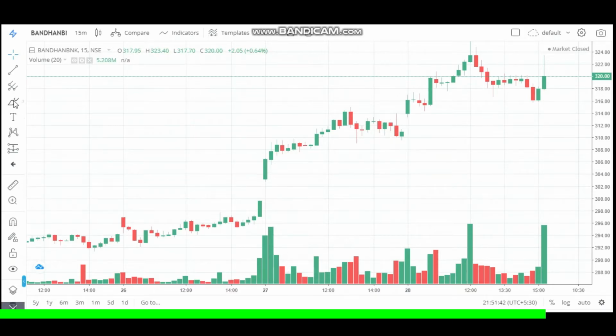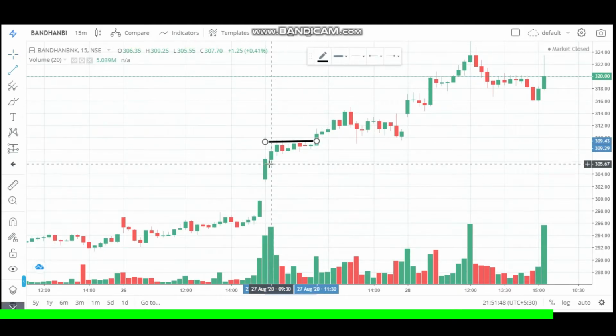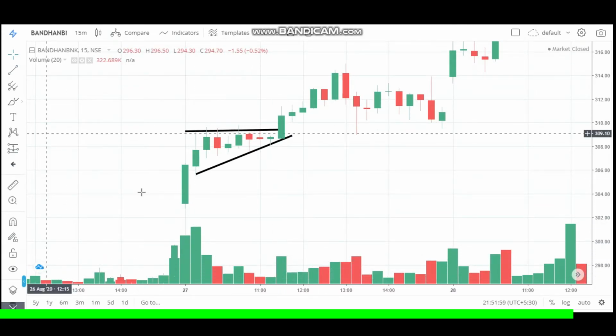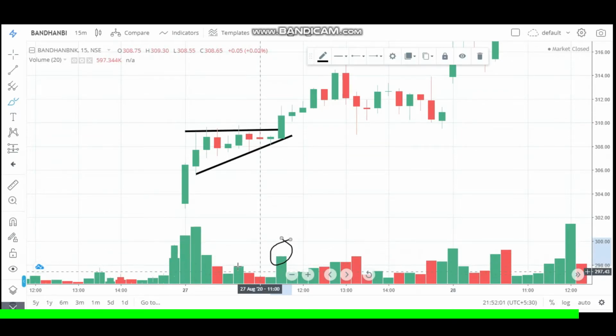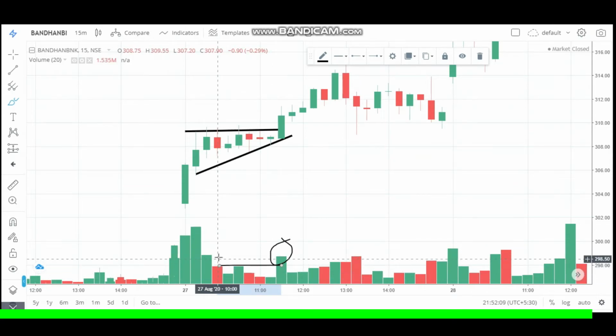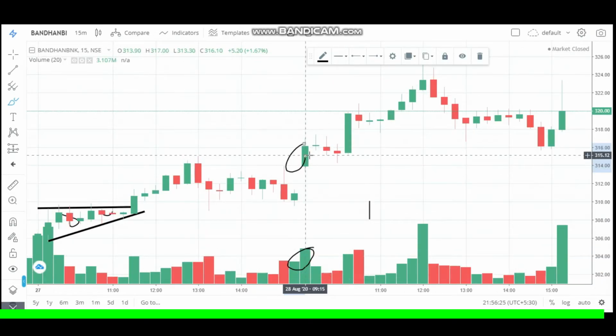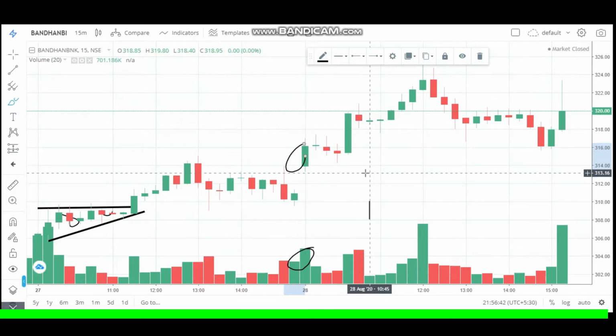So again, we'll draw a trend line, just a simple trend line here. You can draw it this way as well. Here we can see a green candle with high volume. We have to just compare the current volume with the previous volumes. There were very low volumes compared to the previous ones. Even if the market is making red candles here, the volumes were less. Again, 3 red candles and 3 times less red bars. Volumes and candlesticks go hand in hand. You will be able to take trades on just the basis of these two.